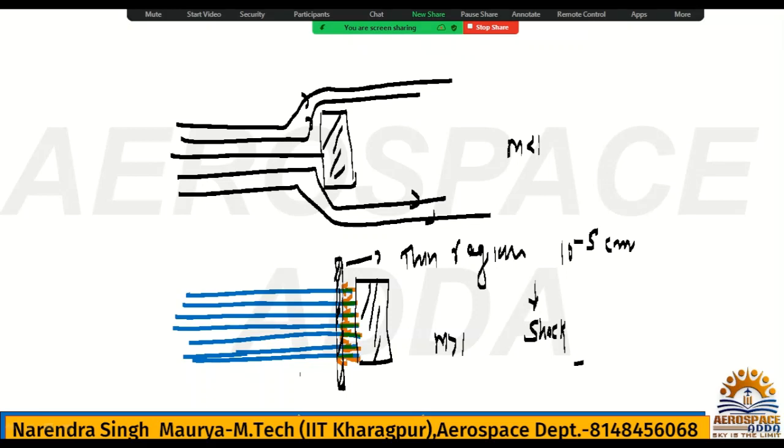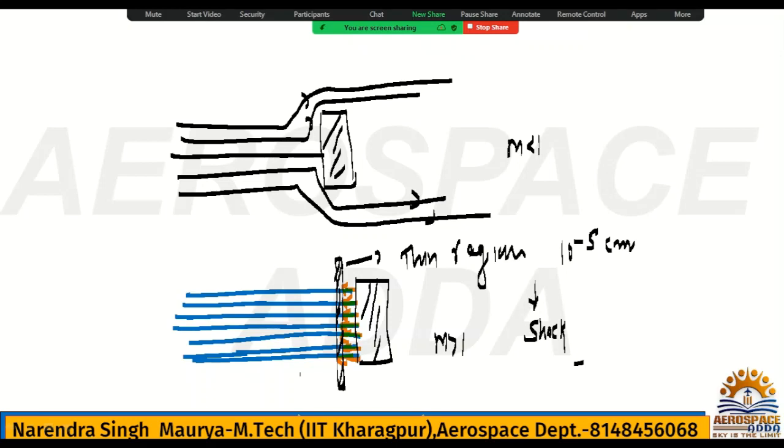And thermal conduction will be there inside this thin region, okay. It is an irreversible process. For that reason, across the normal shock, because of the irreversibility, entropy will rise, and because of this irreversibility, all the isentropic relations like T naught by T is equal to 1 plus gamma minus 1 by 2 M square, and this type of formula, P naught by P is equal to 1 plus gamma minus 1 by 2 M square whole power gamma upon gamma minus 1,